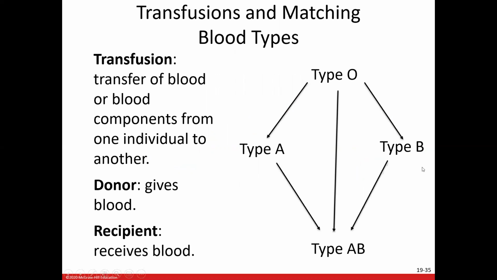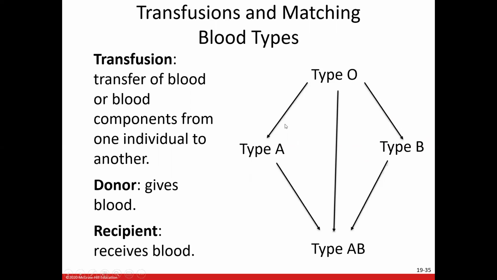If, for example, you had type A blood of the recipient, and then we gave the recipient type B blood. Type B blood has anti-A antibodies, so those antibodies are going to attack the type A blood of the recipient, getting them very sick. So we want to make sure when we do a transfusion, we move that blood from donor to recipient, we have a matching blood type, or a blood type that isn't going to cause an agglutination